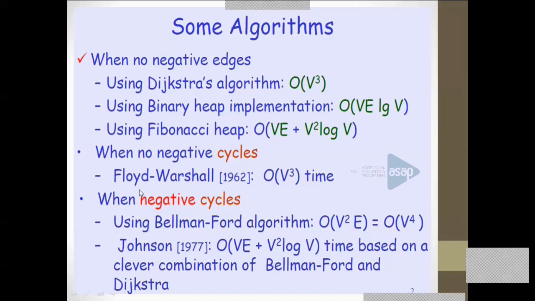Okay, negative edge means an edge carries a negative weight, like -4. A to B is an edge, and it carries -4, that is actually a negative edge. Negative cycle means A to B and B to A, both are negative edges. Then the cost from A to B, that loop will keep on reducing. That means how many times you traverse, the cost will keep reducing. You cannot find an optimal value. Okay, that won't happen in real life also. Therefore, whenever there are no negative cycles, you can apply the Floyd-Warshall algorithm. And when there is a negative cycle, you can go for the Bellman-Ford algorithm or Johnson's algorithm.